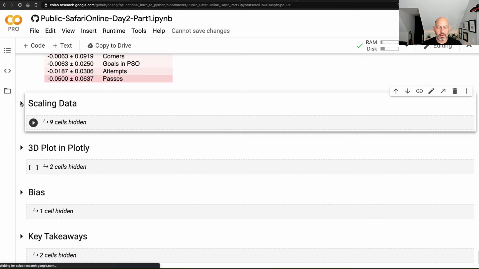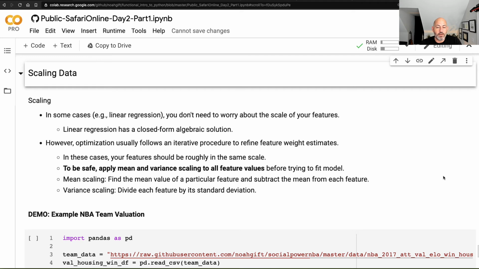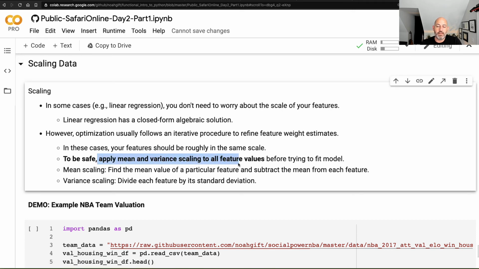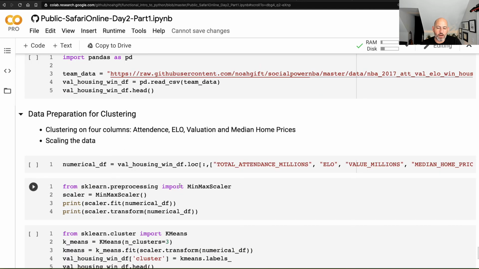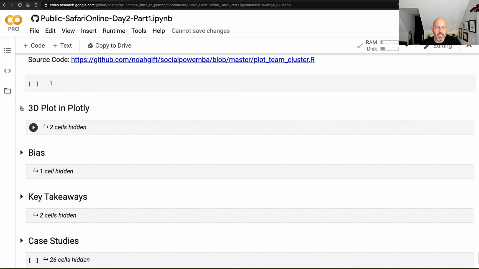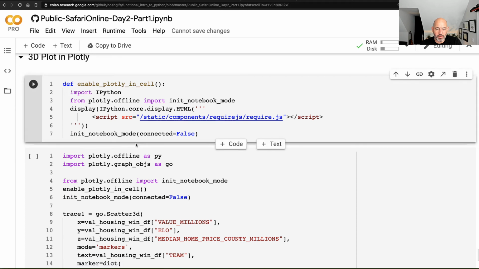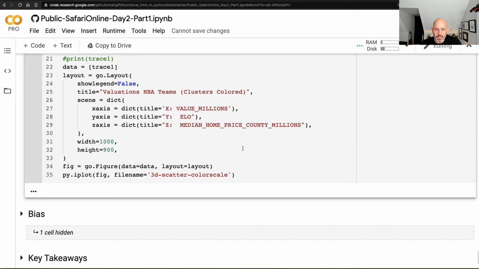And here is an example of getting into some of the concepts in scaling. So in scaling, like linear regression, you don't need to worry about the features, but most of the time you have to apply scaling to fit the model. And so here's an example. Again, I already went through this, so I won't plot it again. But inside of this example, let's go through another plot. What we can see is that